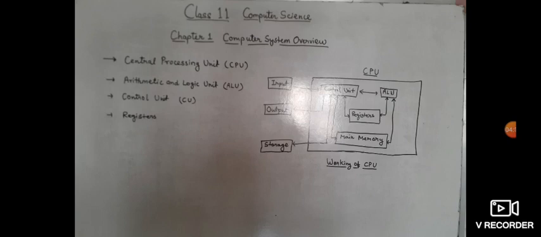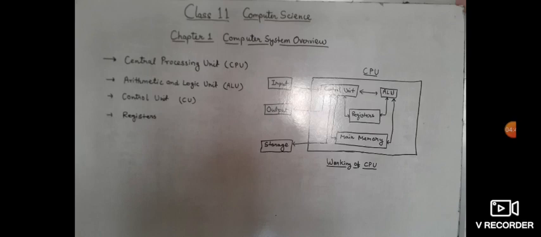The control unit guides the interpretation, flow and manipulation of all the data and information. Thus, the control unit sends signals until the required operations are done properly by the ALU and memory.